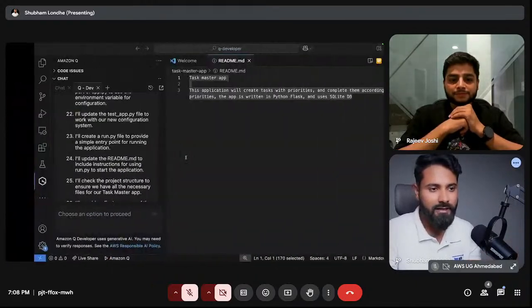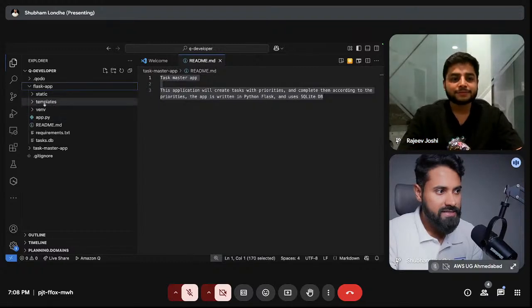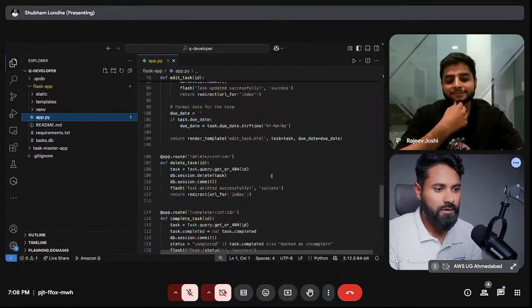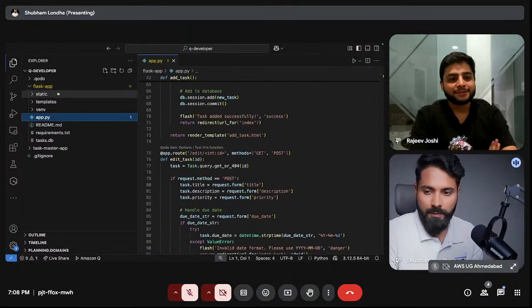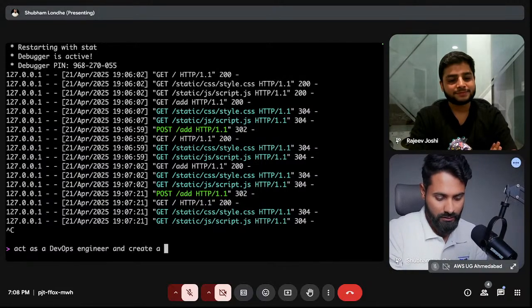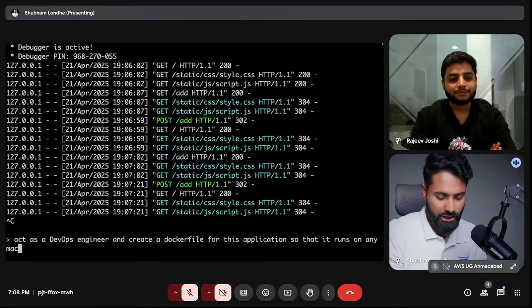You can even go here and see all of your code is done. All done. Amazing. You can even say, act as a DevOps engineer and create a Dockerfile for this application so that it runs on any machine.